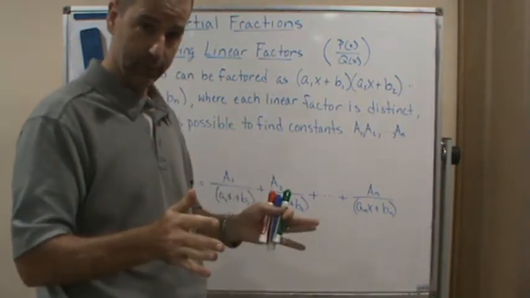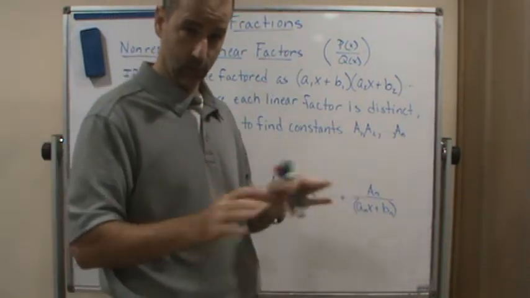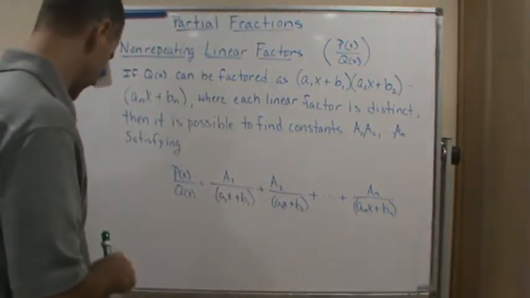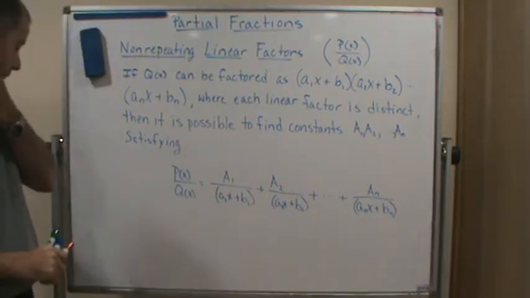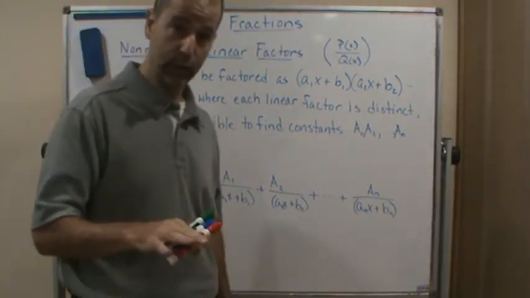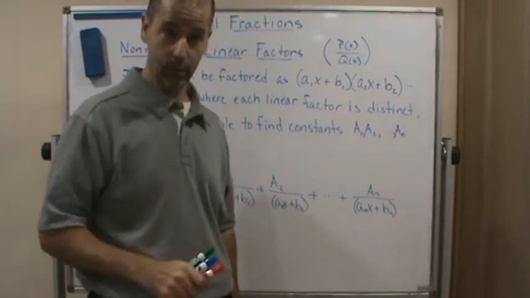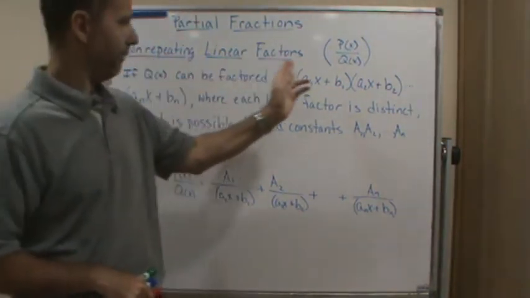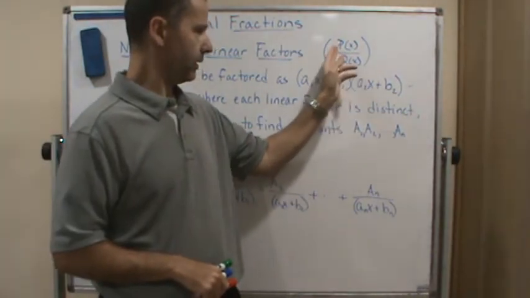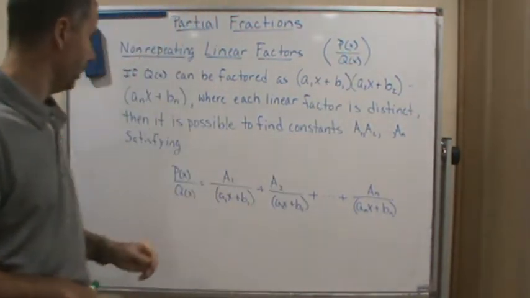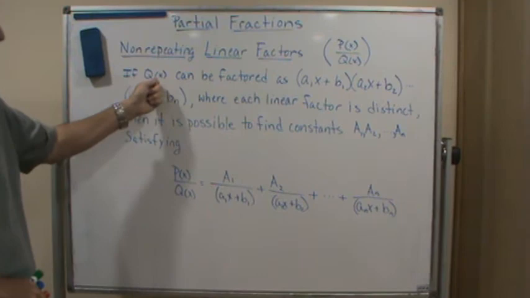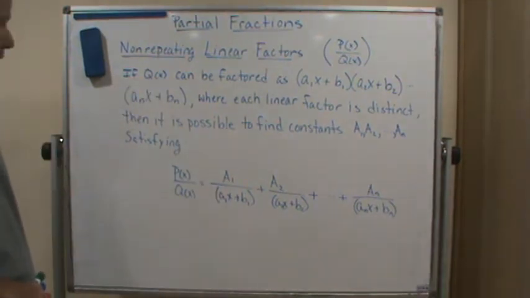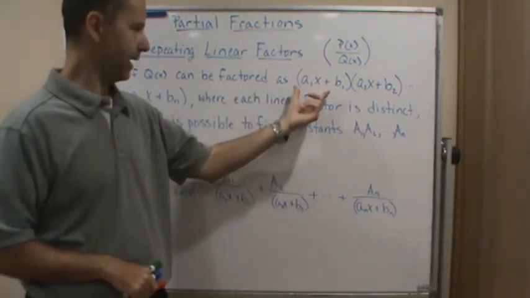We have linear factors, they're all distinct, so we have no repeating linear factors. In other words, no linear factors raised to a power. That's the other way of looking at it. So we have an expression like this where the degree of the top is less than the degree of the bottom. Then if the denominator q of x can be factored as